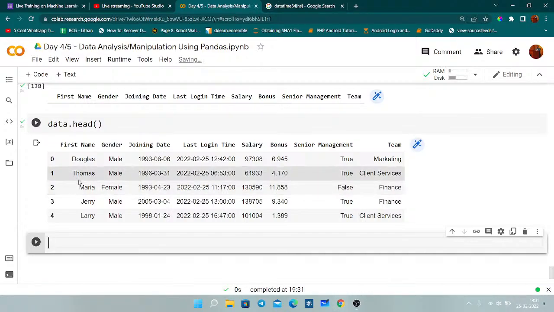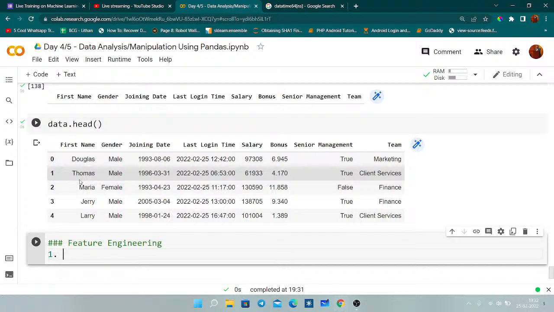Now coming to the next thing. Whatever manipulation we have to do, I've explained that now. It's completed. Now the most important thing that I'm going to discuss is called feature engineering. Whatever we are going to discuss now is a part of feature engineering, where I'm going to discuss two things. The first thing that I will discuss is